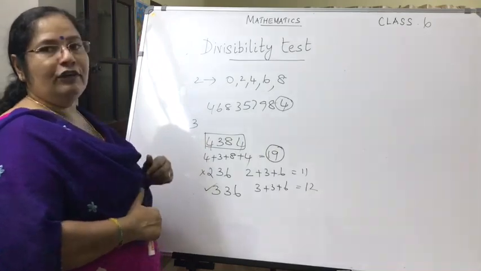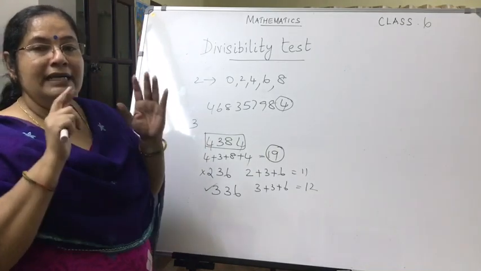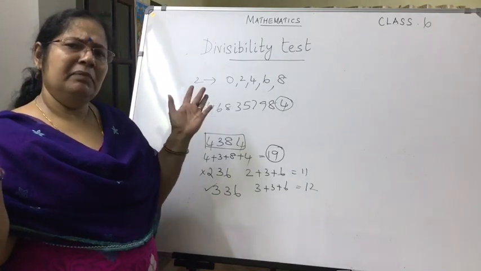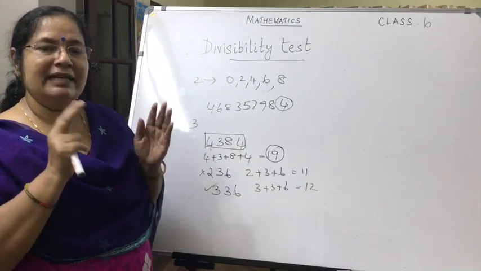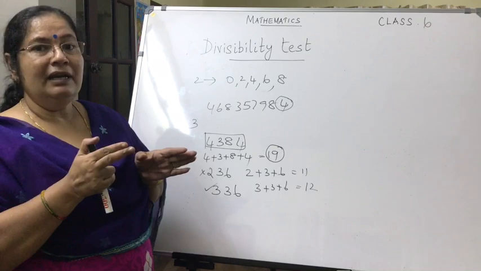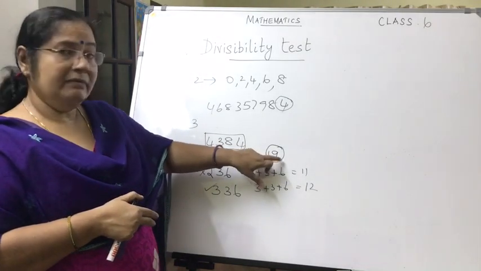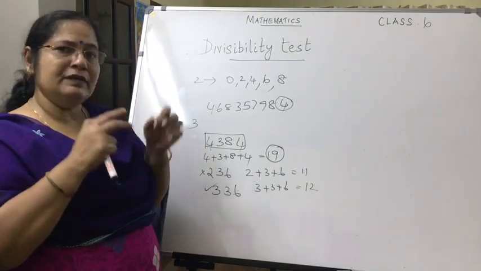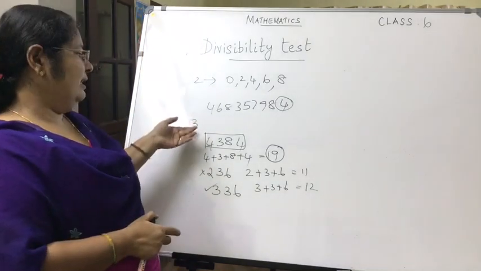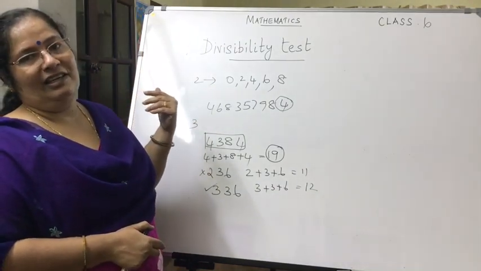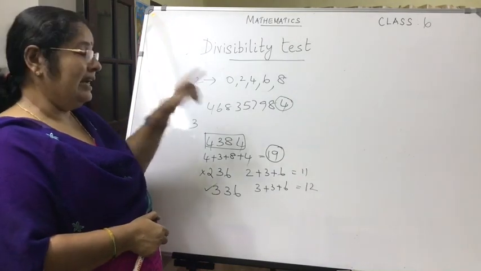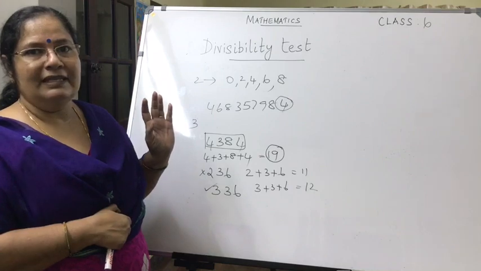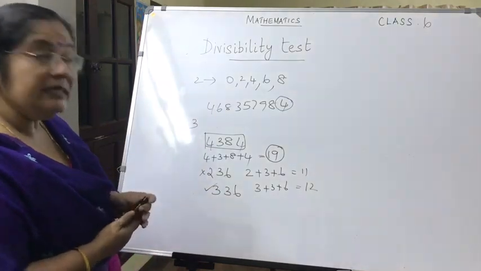So what is the rule for that? Add all the digits of the given number. Let the number be any big number. You will add the digits of the given number. Supposing you get a 2 or 3 digit number again, if you are getting a 2 digit number here, you will add those also and reduce it down to a single digit. See whether that is divisible by 3. If it is divisible, then the given big number will be divisible by 3. Is that clear? Now coming to divisibility by 4.